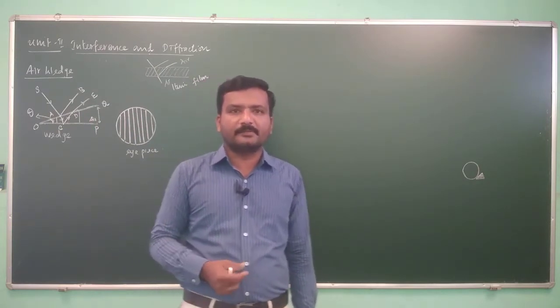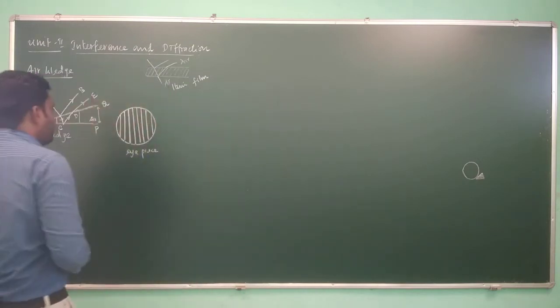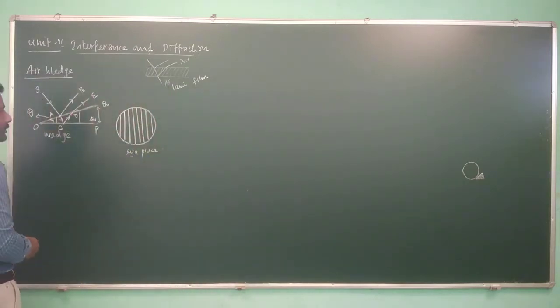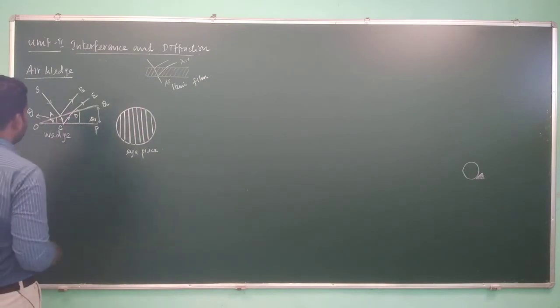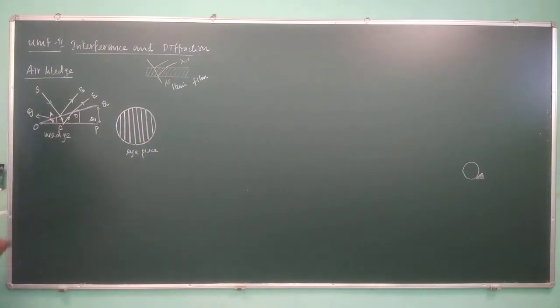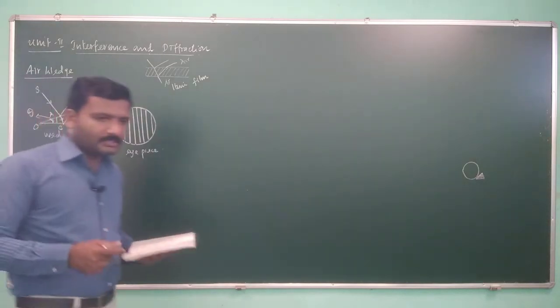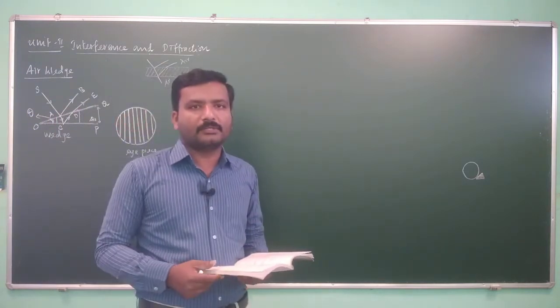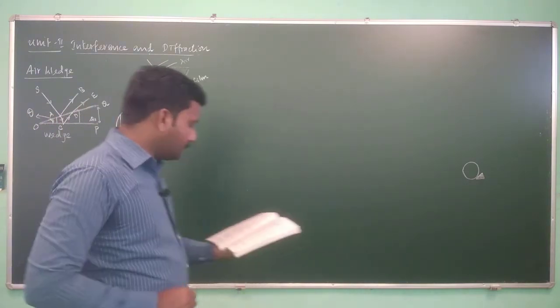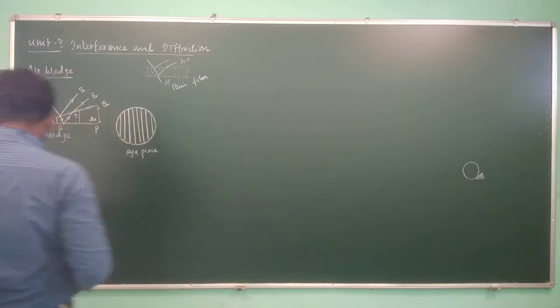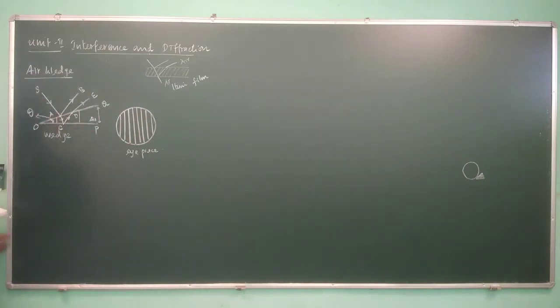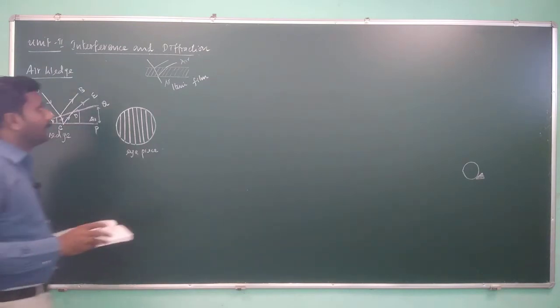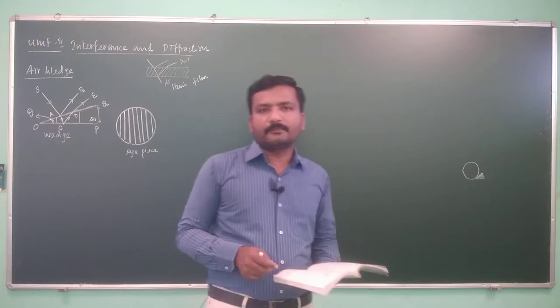Similarly, if you measure the distance between two consecutive dark fringes, the distance between the bright fringes and the distance between the dark fringes are common, so they are the same for any two fringes. So the fringe distance is common for all the cases, so it is called equidistant fringes. Fine. So this is all about the air wedge. The air wedge will create bright and dark fringes just like the thin film creates.